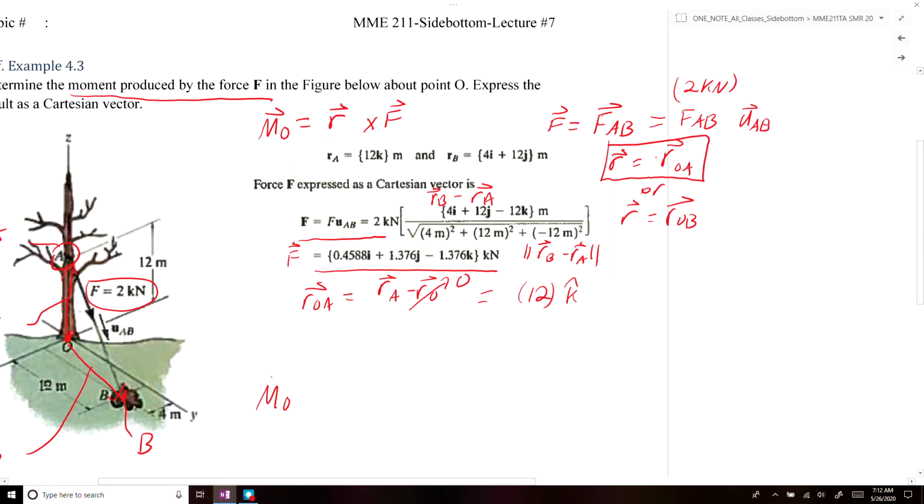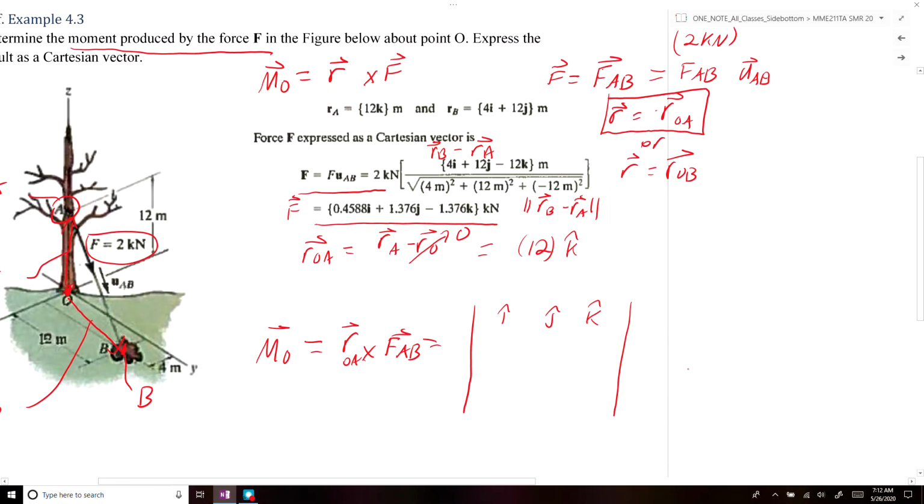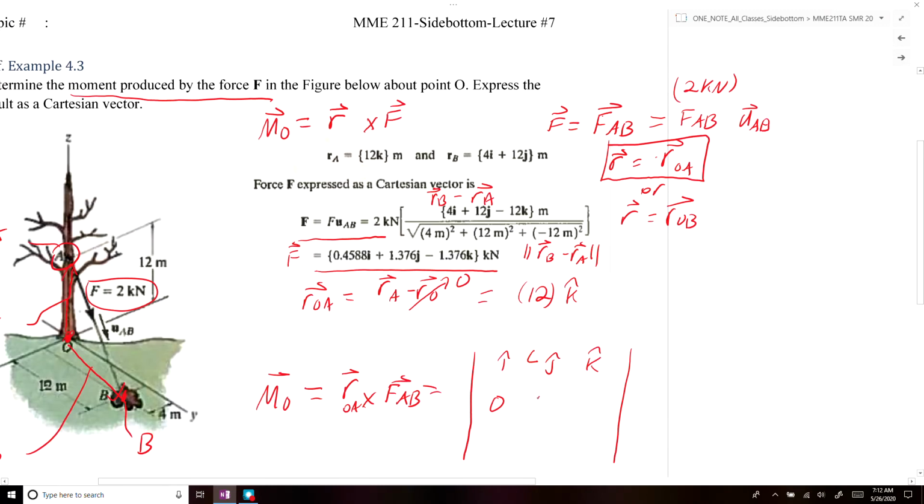Okay, so what we can now do is take our cross product to determine our moment. So we can say MO is equal to ROA cross FAB. We can use our determinant formula to calculate the cross product of any two Cartesian vectors. So we're just going to copy those in. For ROA, it would just be 0, 0, and 12 meters. For FAB, you would get